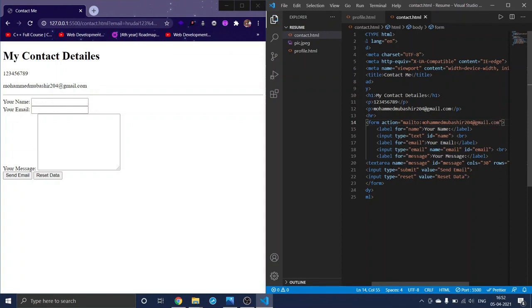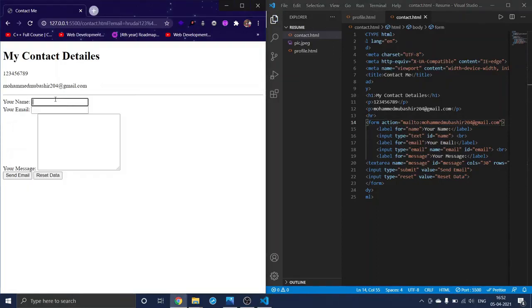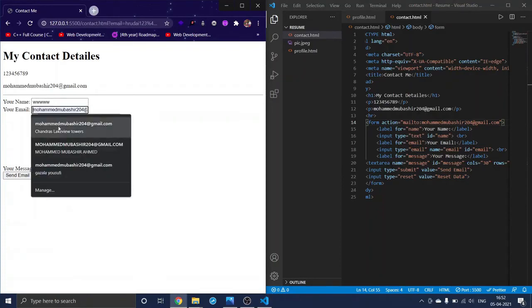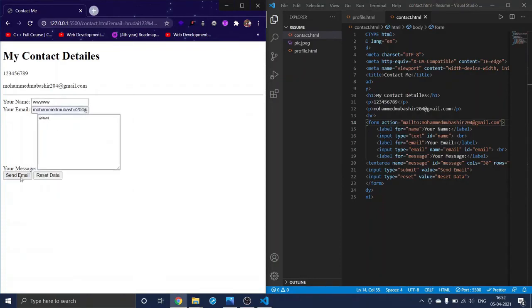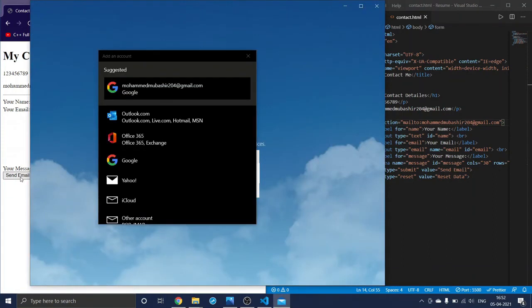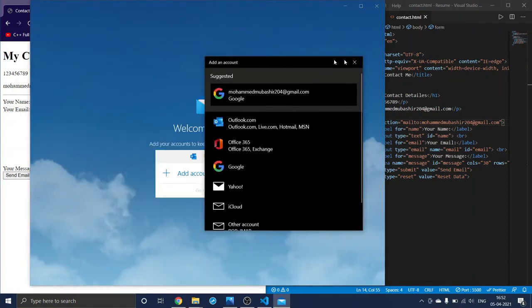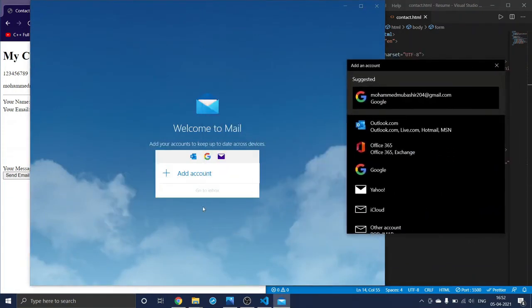When you save this, and when you click on the send email, what happens is, if you have a mail app here, automatically you will be redirected to that. I have one mail app here, I haven't set that app, so let me set it up.